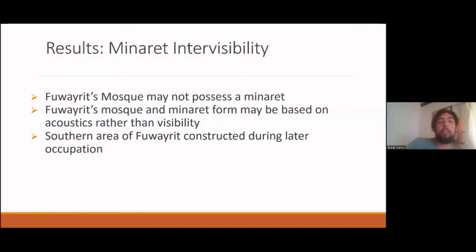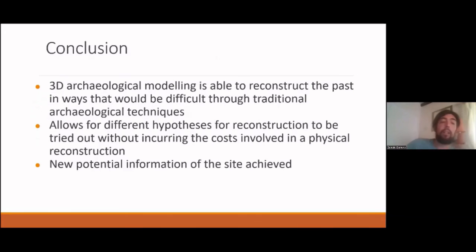One last reason could be also that the southern part of Fuwayrit, suggested by the less closely packed architecture, was made up of buildings that were constructed during a later stage of the town's occupation as it expanded. So the south area, which resulted poorly intervisible with the minaret, may not have been contemporary with the construction and use of the mosque. And in conclusion, I wanted to finish with stating how important 3D archaeological modeling can be